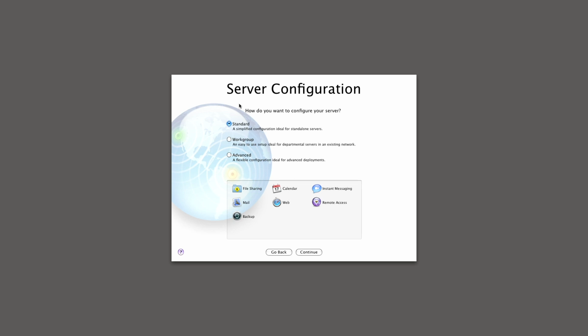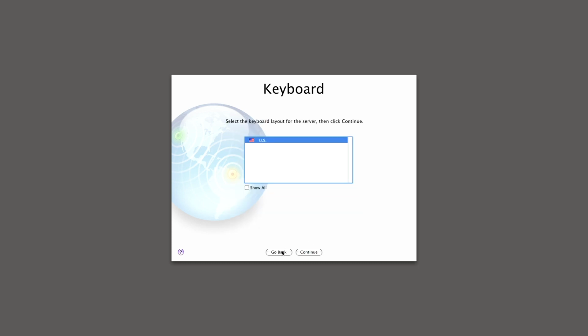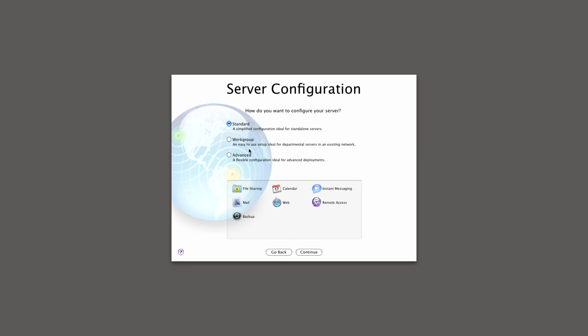So here the first question is how I want to configure my server. A simplified configuration ideal for standalone servers, Workgroup, or Advanced. Let's see if I can go back and forth so I can cover all options. If I go continue, go to keyboard options, Workgroup. It shows down there what options will be installed. So standard, I get file sharing, calendar, IM, remote access, web, mail, and backup. In Workgroup, I don't have remote access,